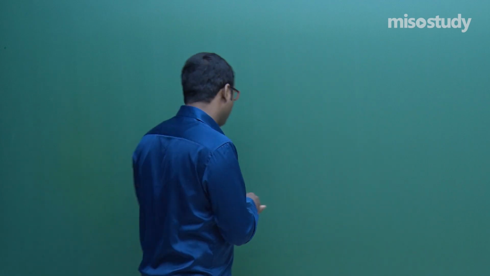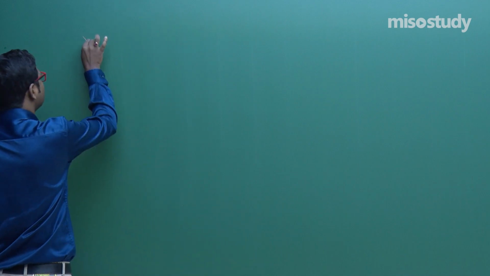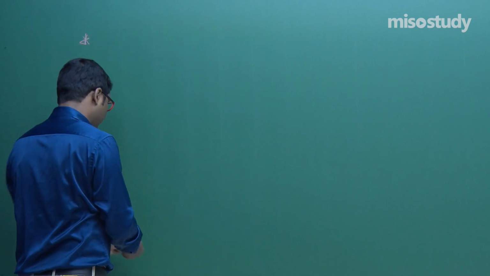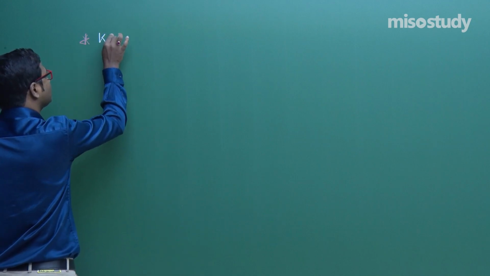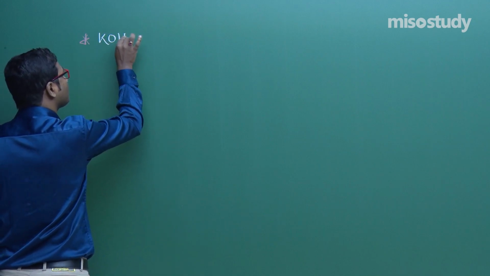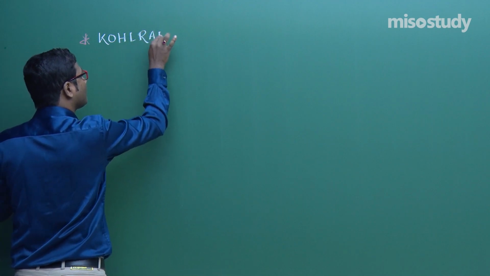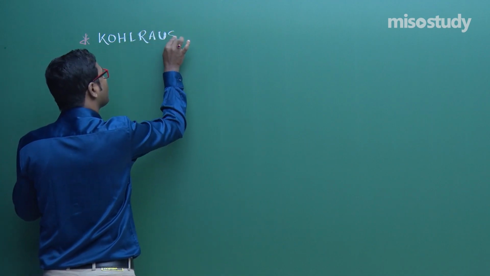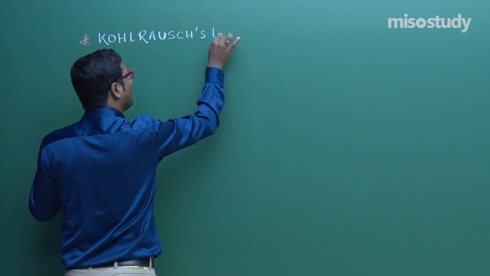In my last lecture, we discussed problems related to topics like how to find the molar conductivity, equivalent conductivity, cell constant, charge, etc. Today I am going to discuss an interesting topic, that is Kohlrausch's law and the types of cell. So let's start the topic, my friend. The first topic here is Kohlrausch's law.